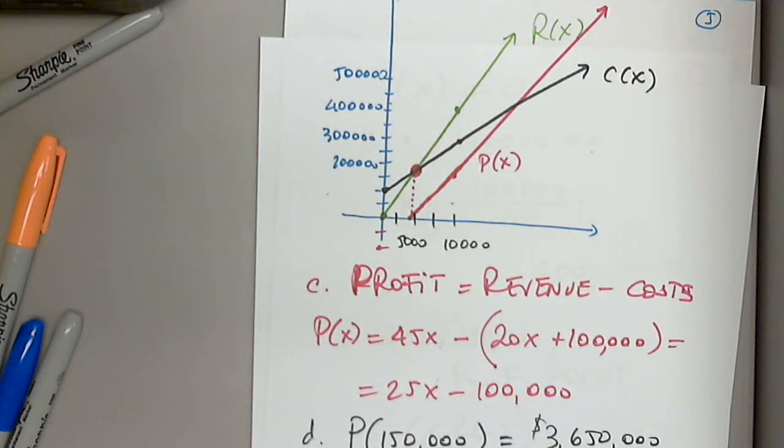So let's go to window. So x minimum 0, x maximum, let's say, we don't have to, but let's put 150,000. I'm going to put a scale of 50,000. Y minimum 0. Y maximum definitely 500,000. And with a scale of 100,000. Okay? So now when I hit graph, I